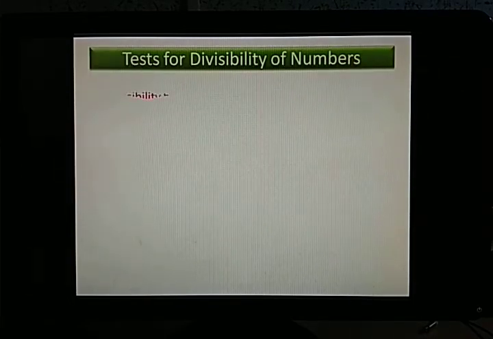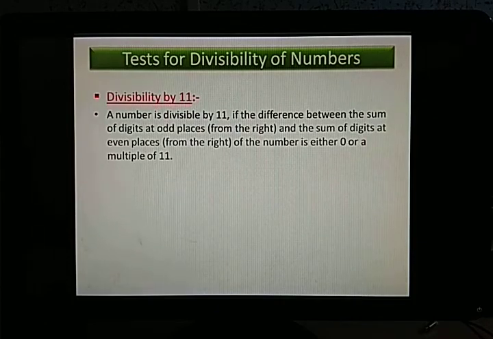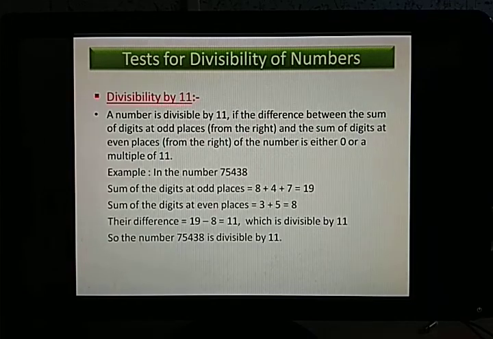Now next one, divisibility by 11. A number is divisible by 11 if the difference between the sum of the digits at the odd places from the right and the sum of the digits at the even places, that is also from the right, of the number is either 0 or a multiple of 11. Now here you have to see carefully. One example is given to you,